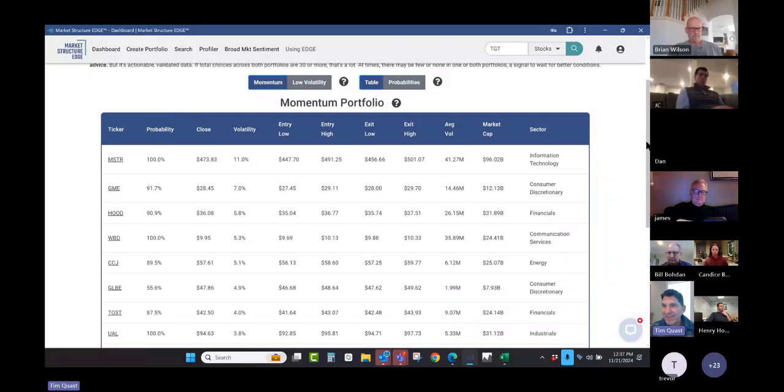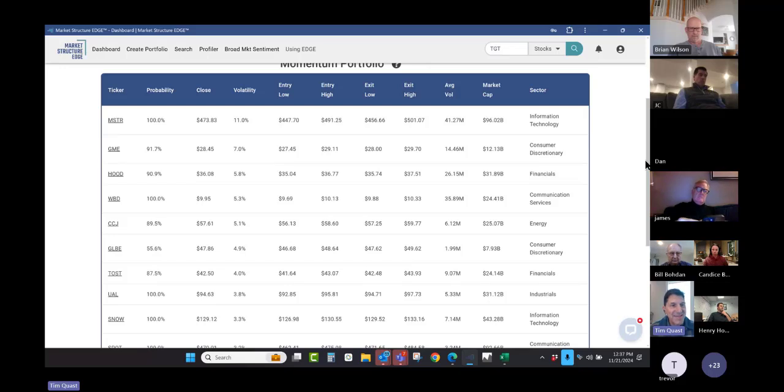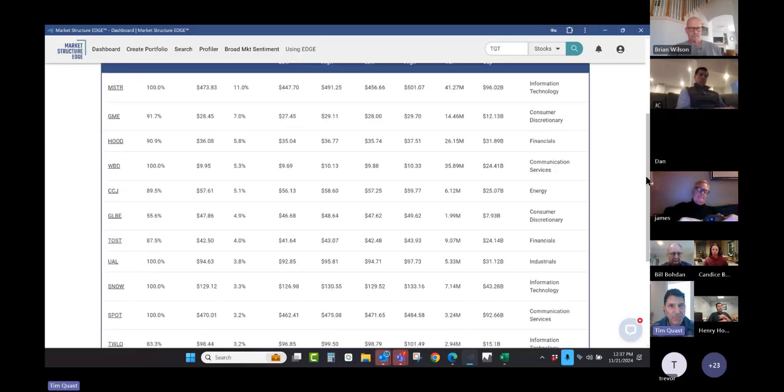One is it's telling what's in this portfolio currently. If you have used Edge for any length of time, you know when MicroStrategy, Snowflake, Spotify, Twilio, GameStop is in here, Robinhood has been a regular visitor to this portfolio. When these stocks are in here,